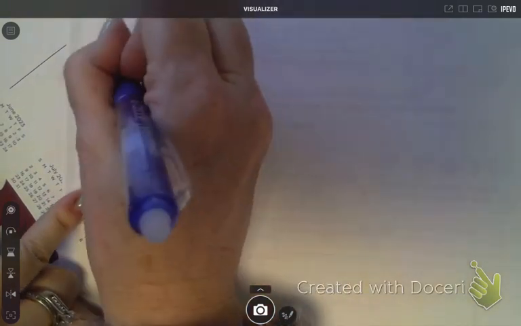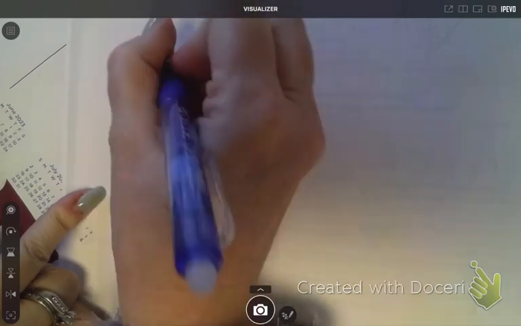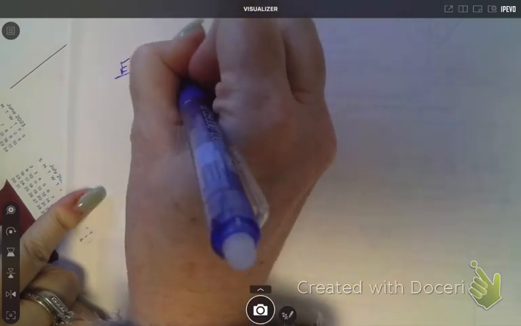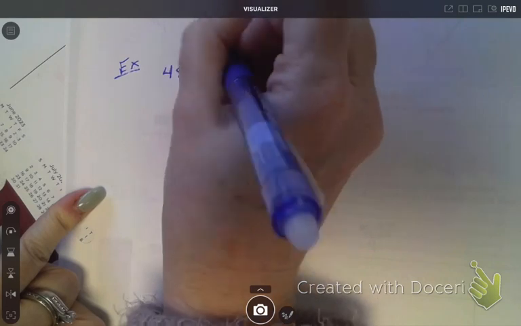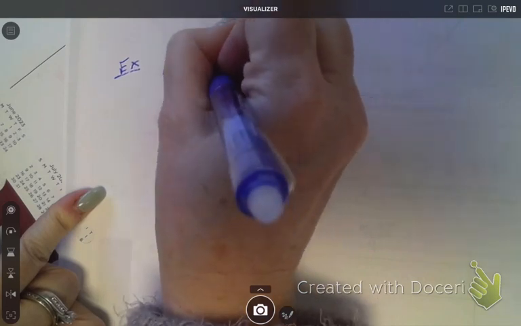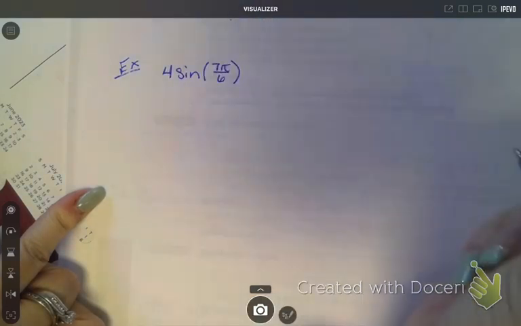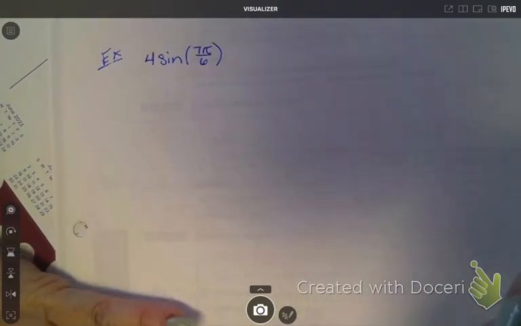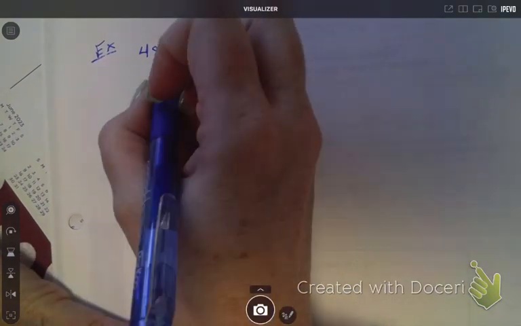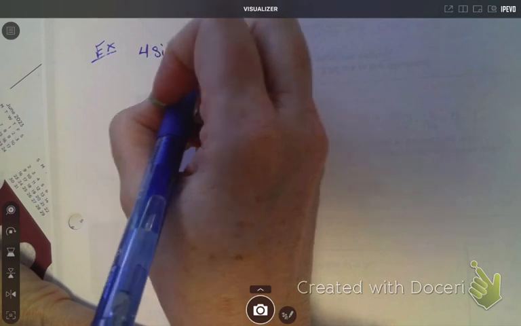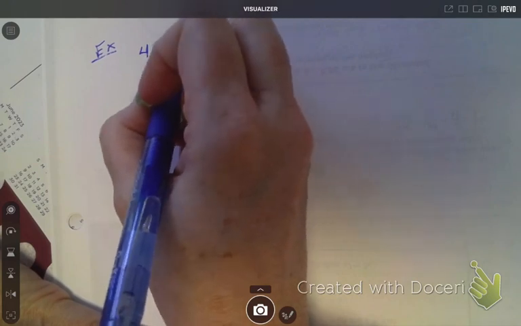Another kind of problem you'll have today, you have 4 sine of 7 pi over 6. Now, your book does not put parentheses, but parentheses are your friend. I am going to do some reference angle things with this. So